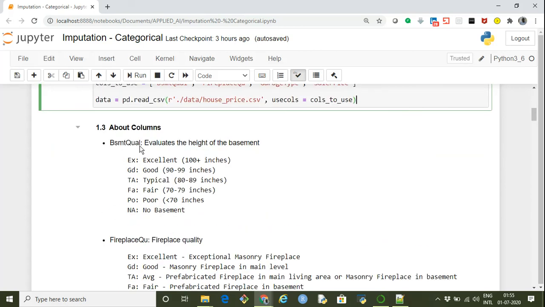So a quick look at what these columns indicate. Basement quality actually evaluates the height of the basement, and based on the height, the higher the basement, the better the quality, and if it is not that high, then the quality is poor or fair. So accordingly it is categorized. These are the short codes which are present in the data, and this is the explanation corresponding to these short codes.